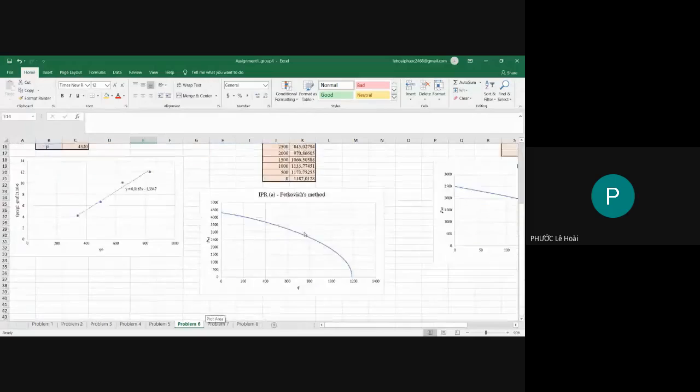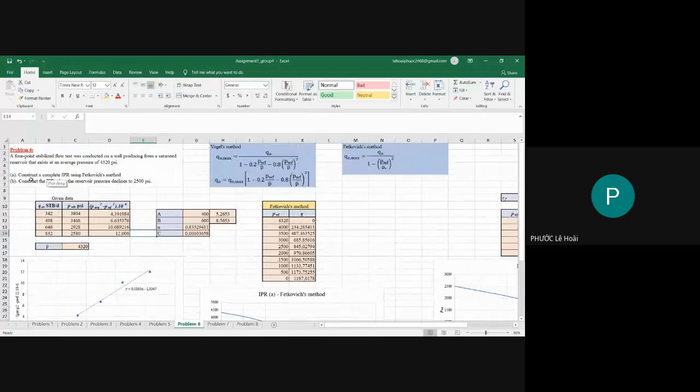Problem 6 is quite long. It has two requirements for us. For part A, the problem requires us to construct a complete IPR using the Fetkovich method, and the second one is also the IPR, but when the pressure declines to 2,500 psi. So for the given data here, first we have the given data, then we will calculate